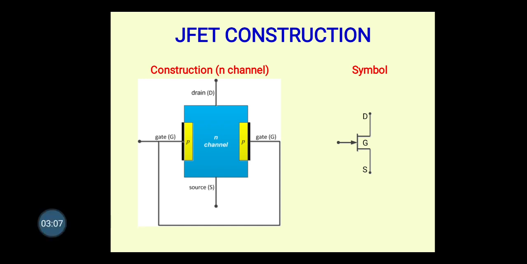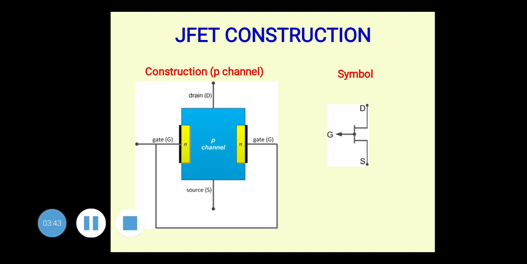So the symbol of the JFET is shown here, as well as you can see how it is connected. So N channel JFET. So this is N type of semiconductor with 2 P type of semiconductors on the lateral sides, and where there are P type of conductors, there 2 terminals are taken out and connected together to form gate. So therefore that is a single terminal, and the upper side there is drain, and lower side this is source, and this is a symbol of your N channel JFET. So arrow going inside. D stands for drain, G stands for gate, and S stands for source.